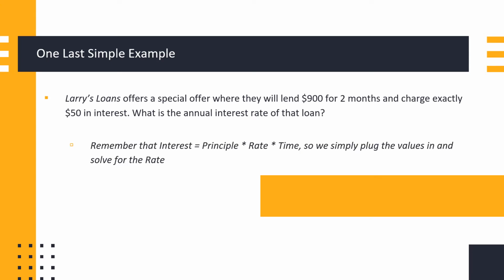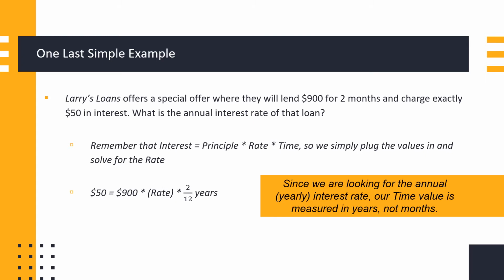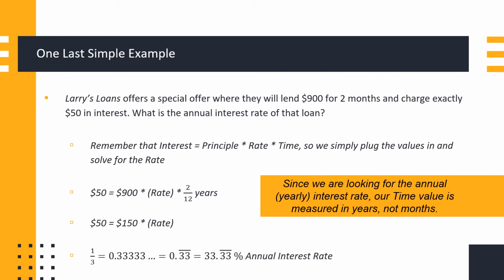So we know what the interest is, but we actually want to know what the rate is. So since interest is just principal times rate times time, we can actually plug the values we know and solve for the rate. So in this case, we know that we have a $50 interest, we have a $900 principal, that's the amount they're loaning you, times the rate, which we don't know, times 2 over 12 years, because there are 12 months in a year. And, well, we just simply do some combining, and we say 900 times 2 over 12 is 150. And then we divide both sides by 150 to get the rate, and that's a third,